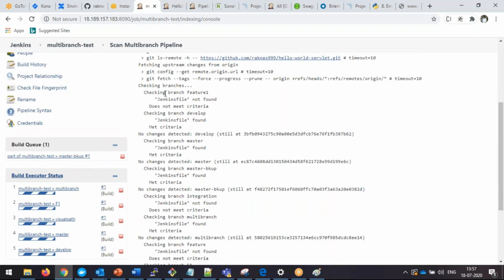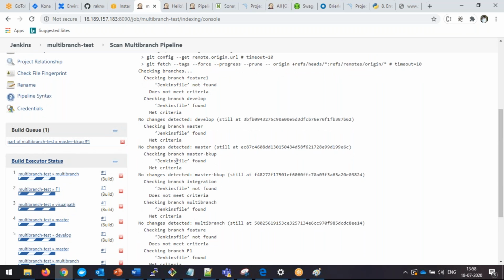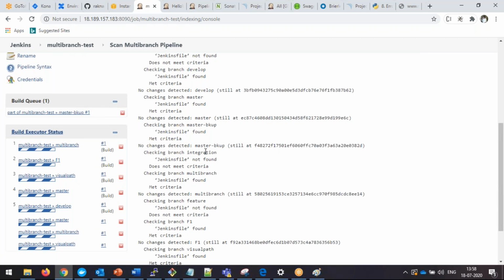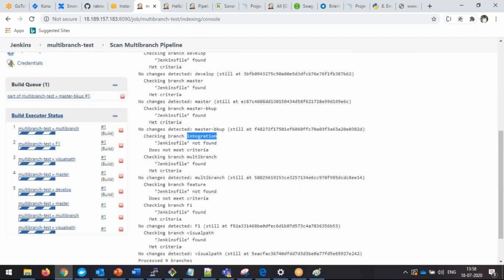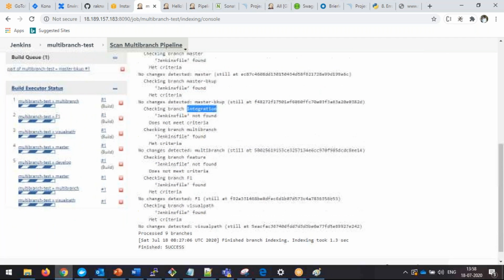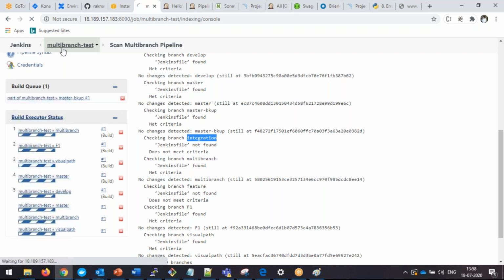Now you can observe here, it is checking the branches. It went to the future branch: Jenkins file not found, so it does not match the criteria. Leave it. Checking the develop branch: Jenkins file is found, create a job. Master branch found, create a job. Master backup found, create a job. Integration branch, no Jenkins file, don't create. Like that, it will scan all the branches. Now if I go to the multi-branch test,